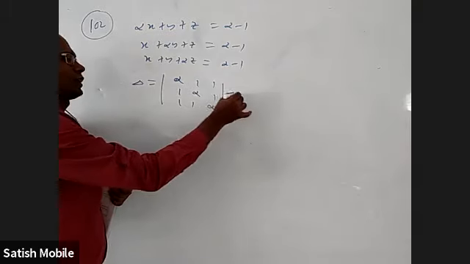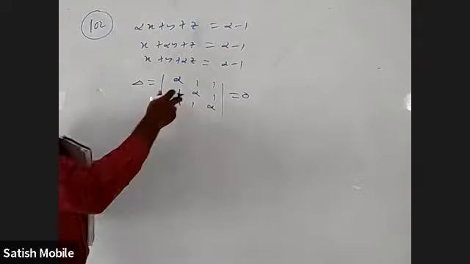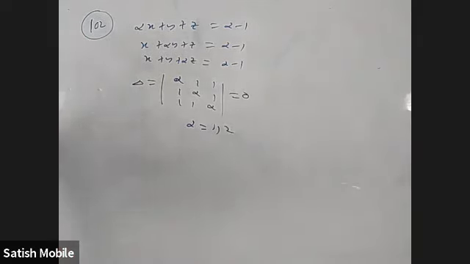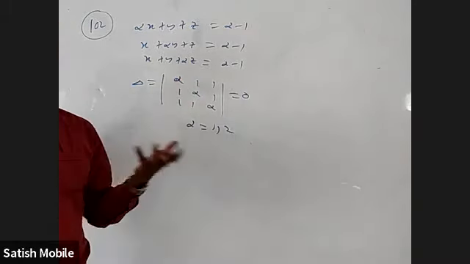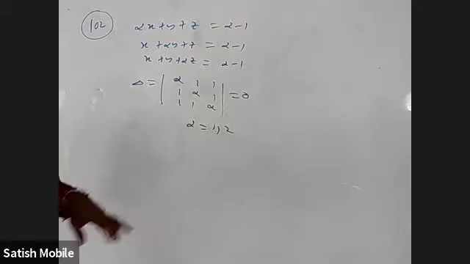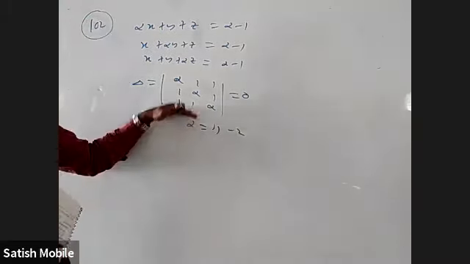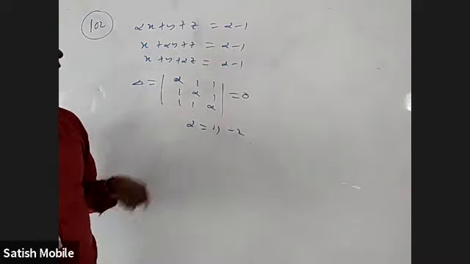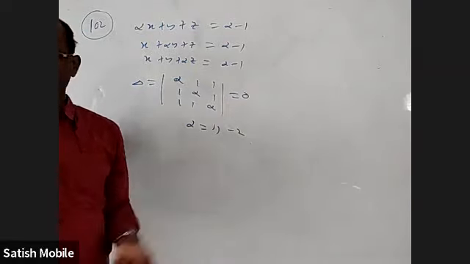Okay. If we equate it to 0, I can directly say alpha equal to 1 and minus 2. You know why? When I put alpha equal to 1, you can see all columns are same, na? If 2 columns are same, that is 0. Why I'm saying minus 2 is we add all the rows. Alpha plus 2, alpha plus 2, alpha plus 2. If alpha plus 2 is 0, one row will be 0, that will be 0, na? You'll get alpha equal to minus 2.